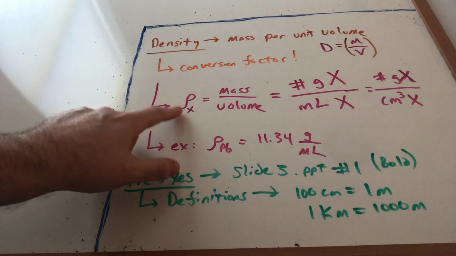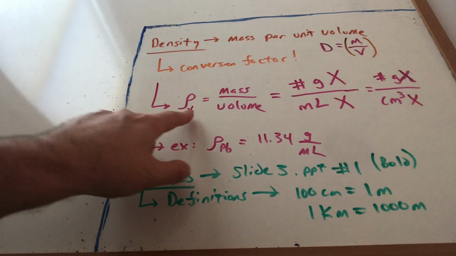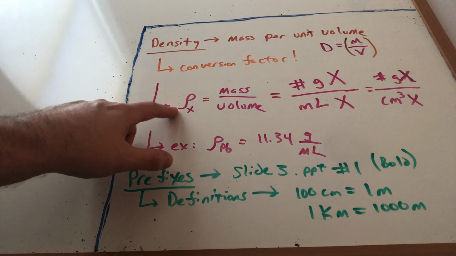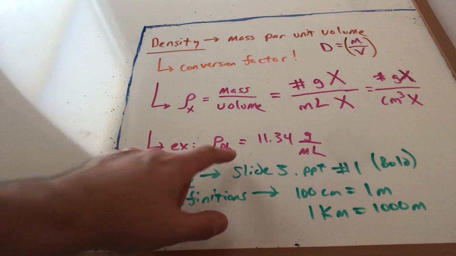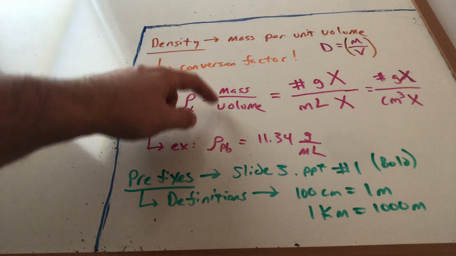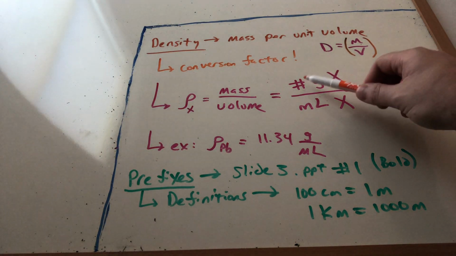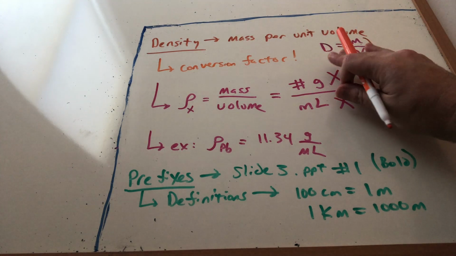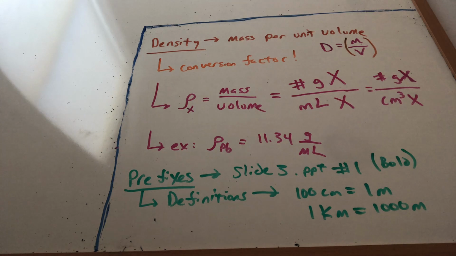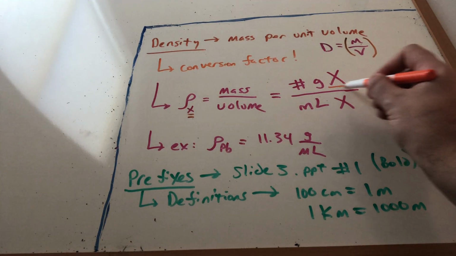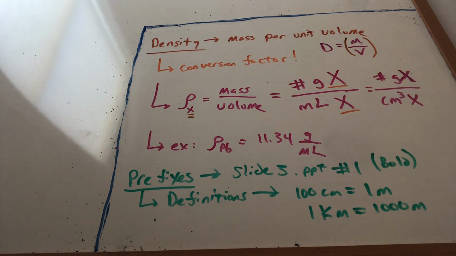This semester, what we use for density is the symbol rho. Now I'm going to put an X down here because this is going to be a placeholder for some substance, like the density of water or the density of lead, like down here, okay? It is still mass over volume, so it is still M over V, but what we'll see is that we'll be given a number, and oftentimes our density is in grams per milliliter. Now, most people kind of stop writing there with the grams per milliliter, but for organizational purposes, it's important for me, and thus it's going to be important for you, to include a value there that identifies the density that